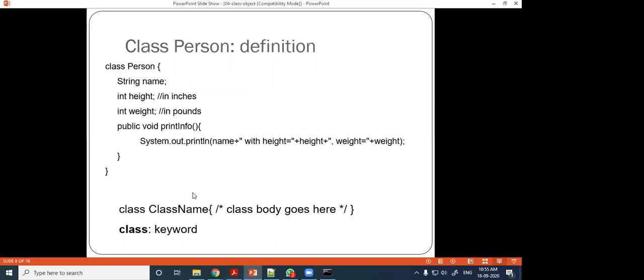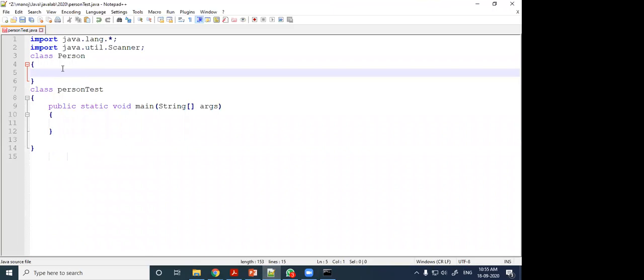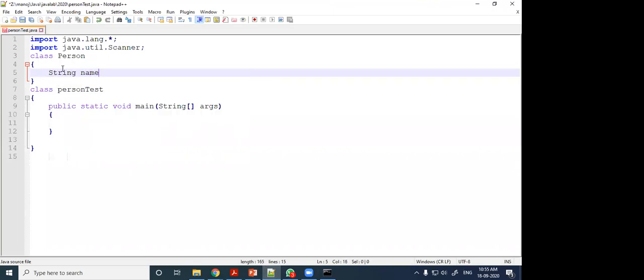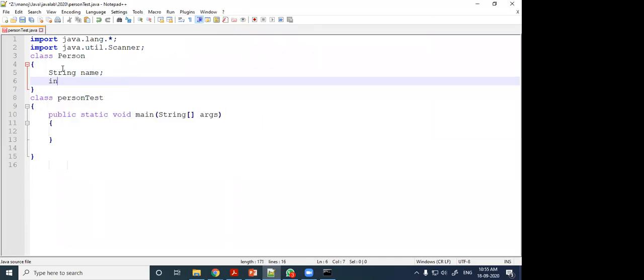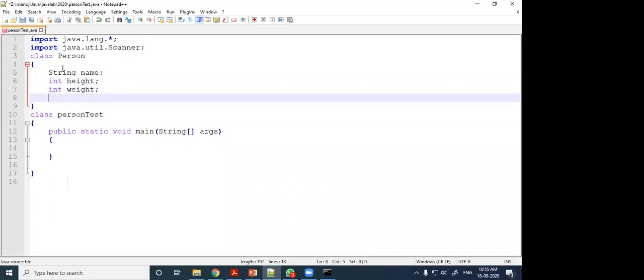String name, int height, int weight. Three things we will write there. Let us declare these private.